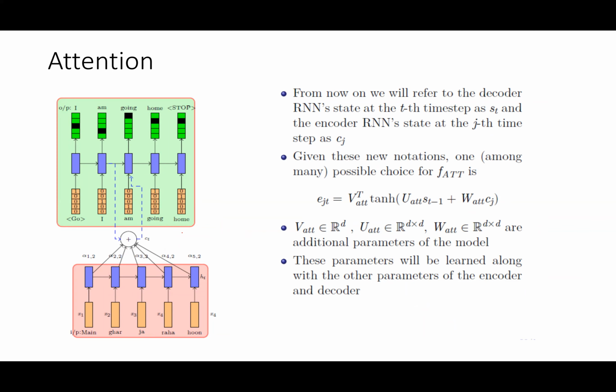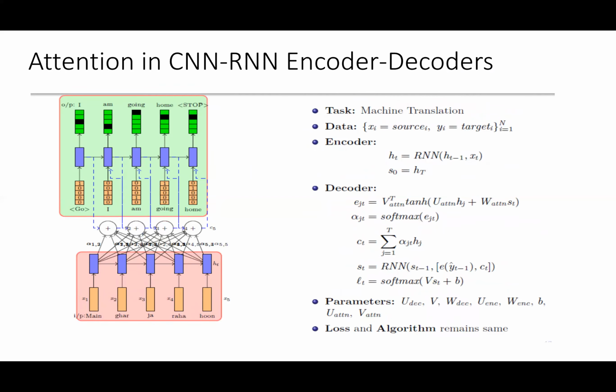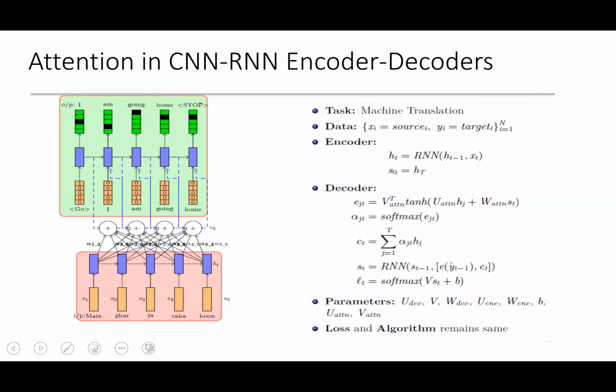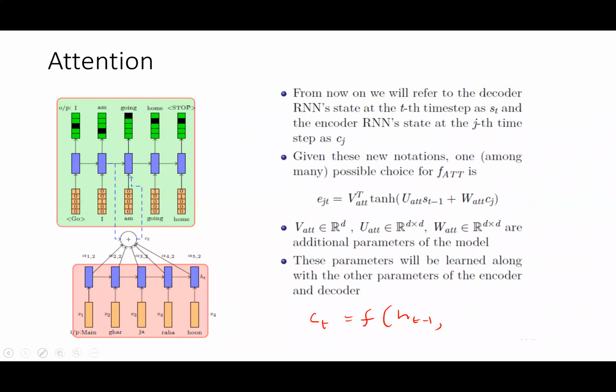Okay, ct is the vector that I want to give. This ct is, for example, a function of what and what? ct is a function of the previous state, ht minus 1. Because it is a sequence that I am trying to predict or generate in each of these decoders, I will use the previous state and the weighted sum, and it should also depend upon all the states of the decoder.